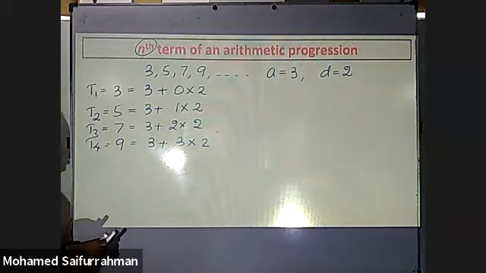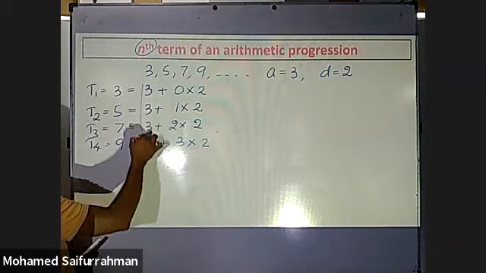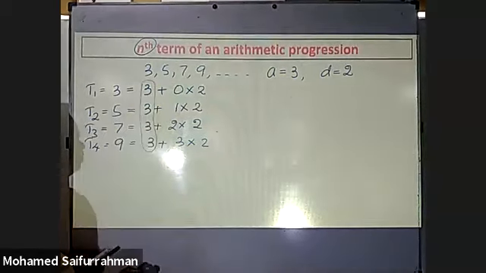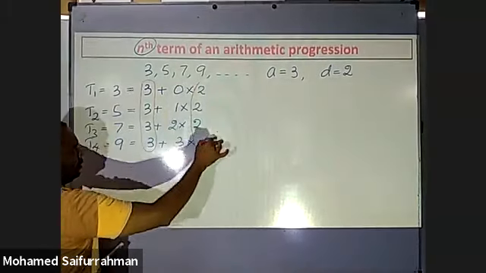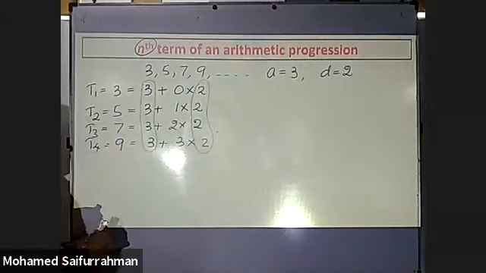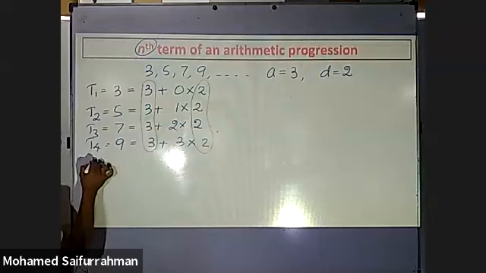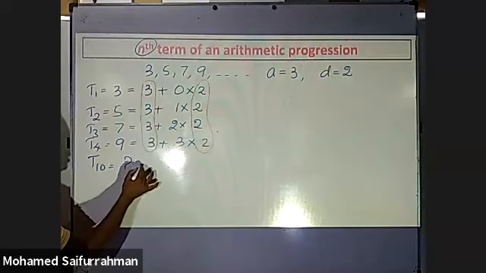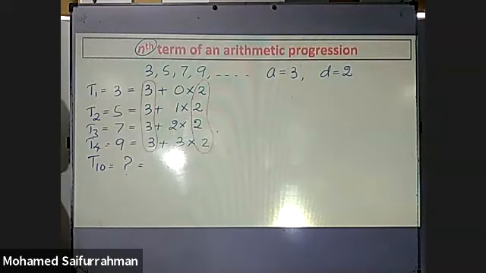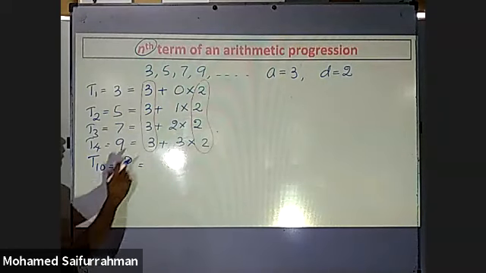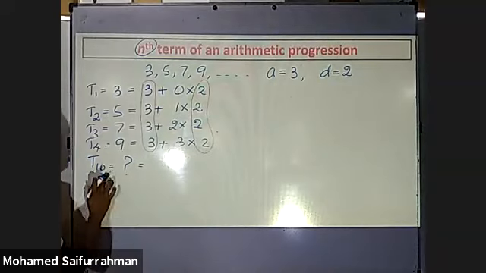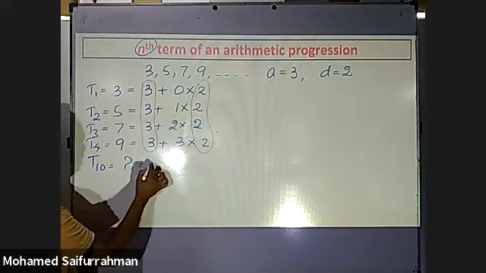Now you can see here, what is this? A. And this is what? D. So, if I want to calculate the 10th term, how much? Unknown. Then let's see, according to this pattern, how to calculate the 10th term. 3 plus,